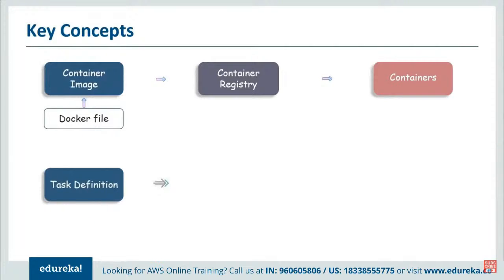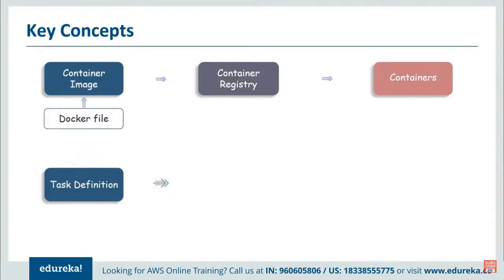And then we have task definition. To prepare your application to run on Amazon ECS service, you need to create a task definition. You can think of this task definition as a blueprint for your application. So basically, it's a text file, mostly in JSON format, that describes one or more containers that you'll be using